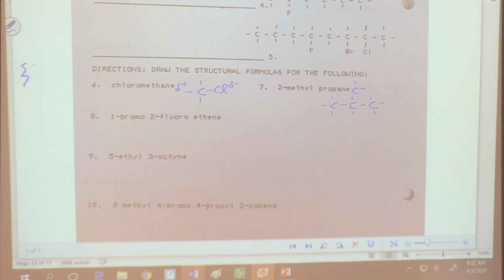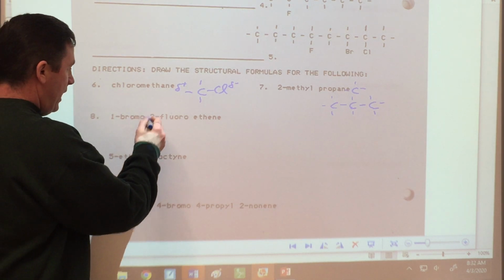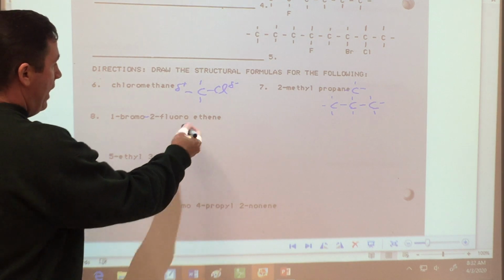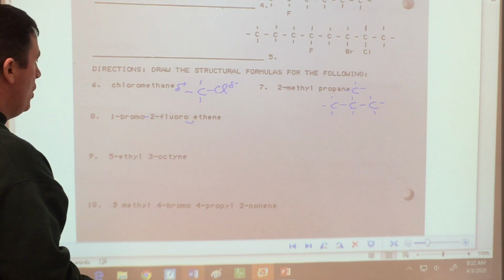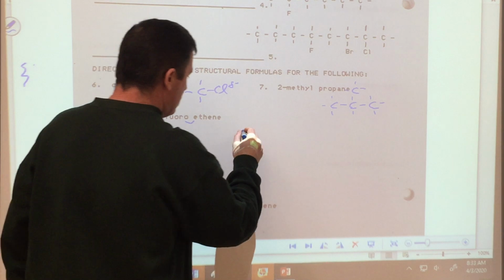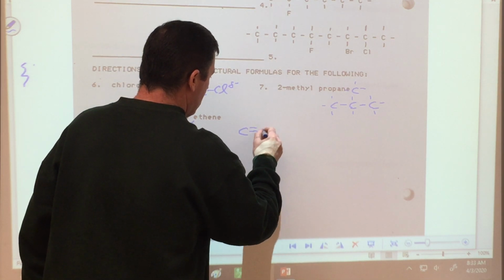Number 8, 1 bromo. This should have a dash. 1 bromo, 2 fluoroethane. These should go together. Ethene, that's 2, right? And ene